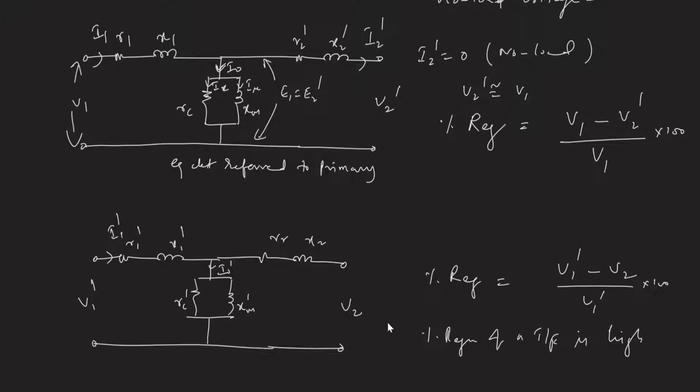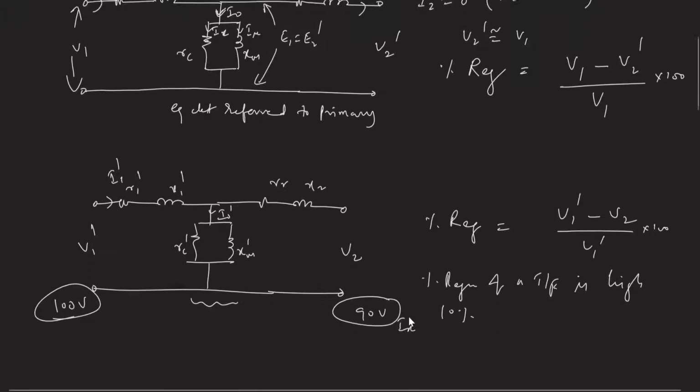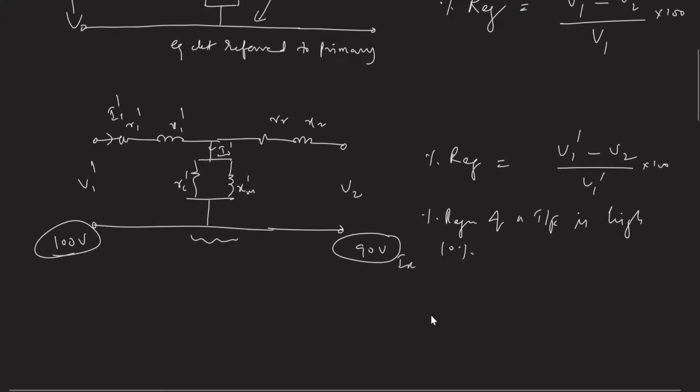Now suppose the percentage regulation of a transformer is high, what do you mean by that? Suppose it is 10%. What do you mean by that? That is, 10% of the voltage drop is taking place in the transformer. So if I give you 100 volts as a supply, I am getting only 90 volts at the terminals, right? Under full load condition, when the transformer is loaded to full load, I am getting 90